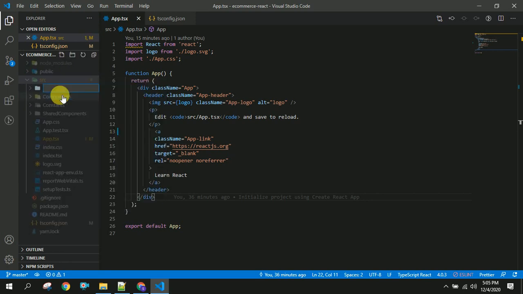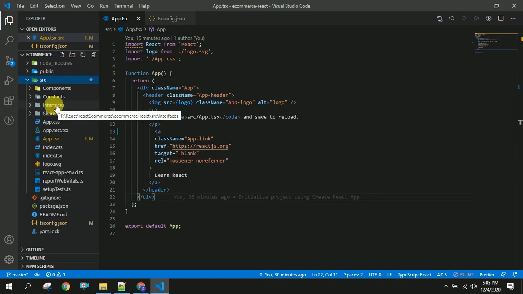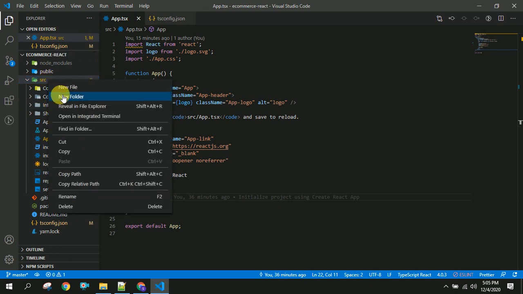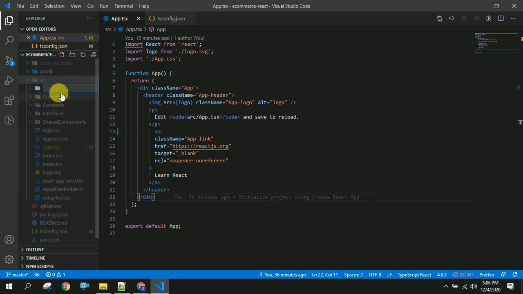And the next thing is I am going to create interfaces. So these are also one of the major things. These interfaces will be used for checking the types of props. Next thing is enums.